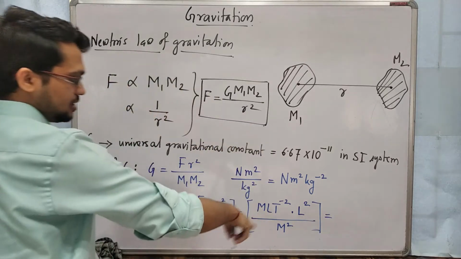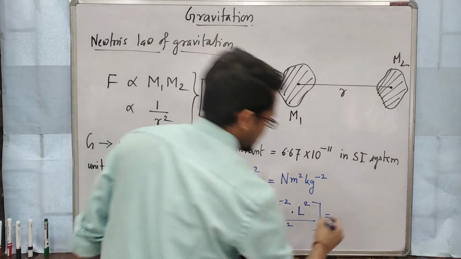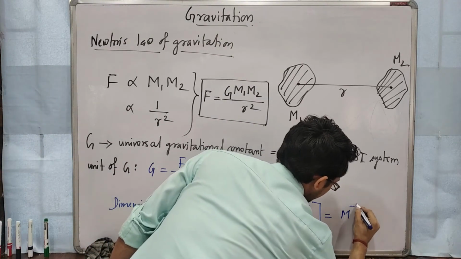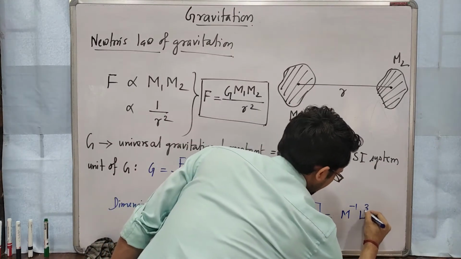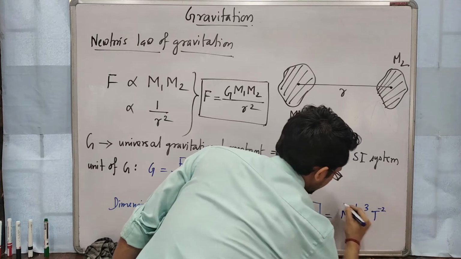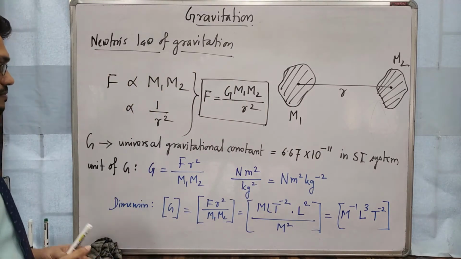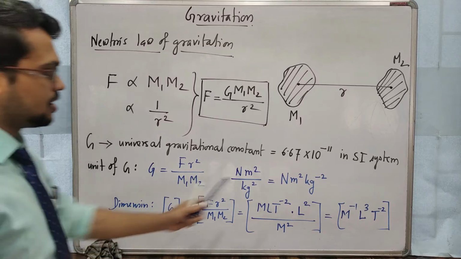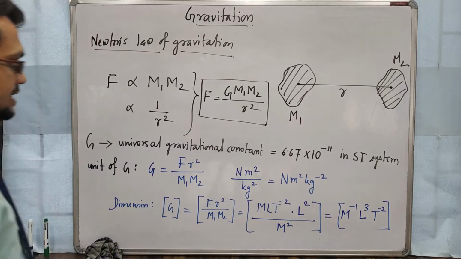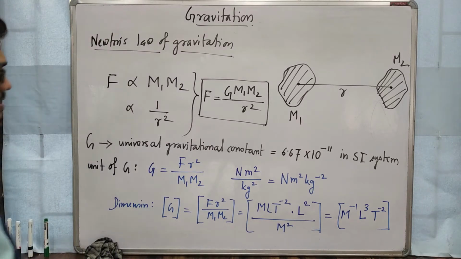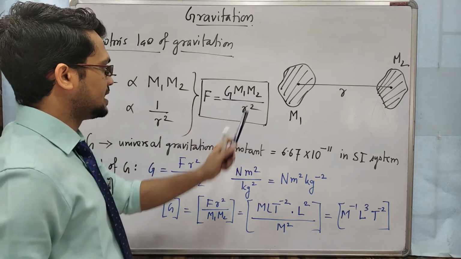Take all the quantities in the numerator. You will get M to the power 1 and M to the power 2, so you will get M to the power minus 1, L square and L, so L cube, and T to the power minus 2. So this is the dimension of G. This is the unit of G and this is the dimension of G. Clear? So here, in this equation F equals G m1 m2 by r square,